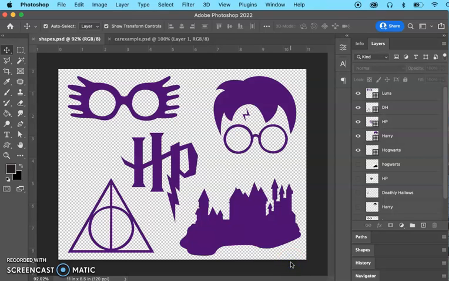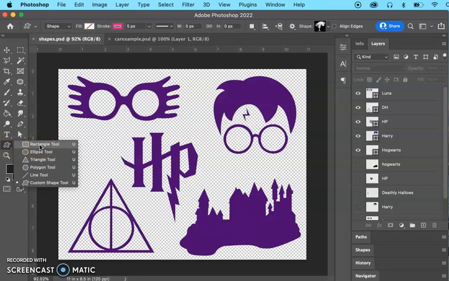Hi guys, in this video we are going to talk about the path operations. So in the previous lessons we learned how to create custom shapes using the pen tool, right? And we also learned how to download shapes from the internet and import them to Photoshop. And the objective behind using the pen tool is because if the shape that I want to use is not